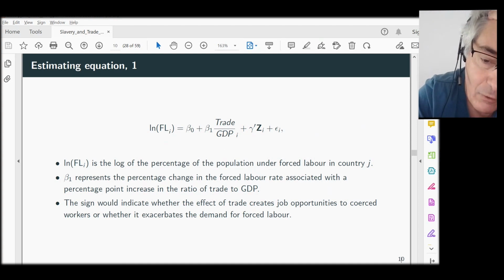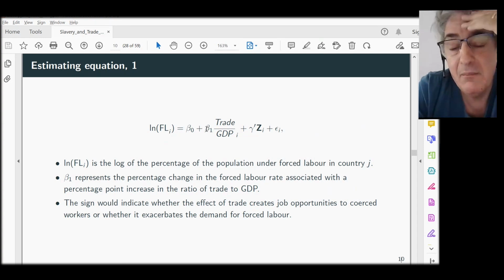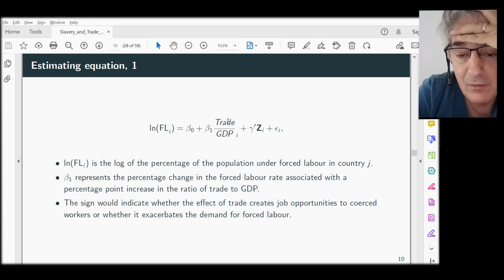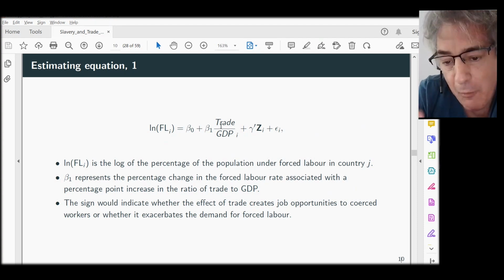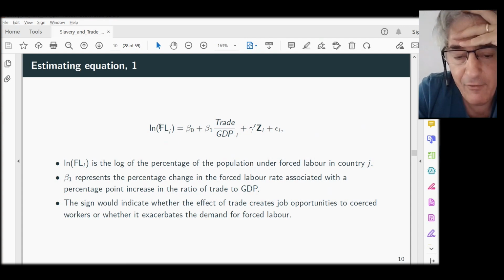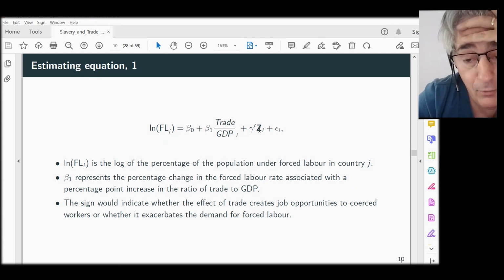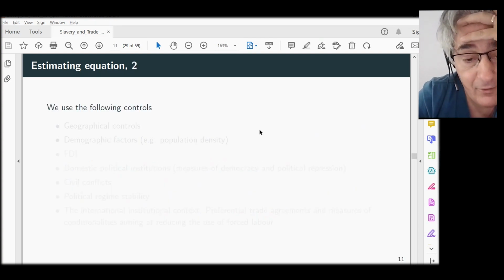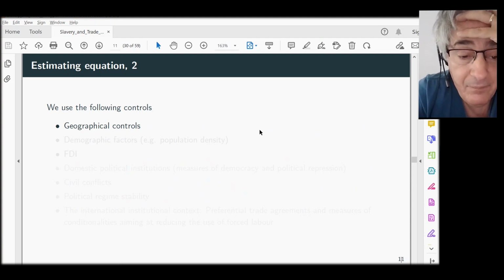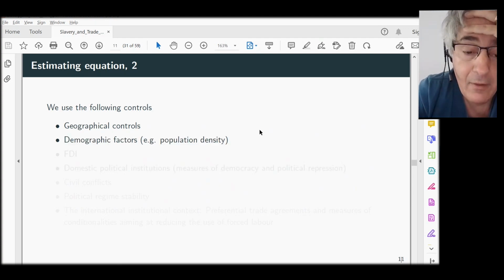In a way, what we want is to know the sign and the value of beta 1. Beta 1 is measuring or estimating how this independent variable, now more independent because it's instrumented, affects the use of forced labor. Obviously, this relationship could be affected and shaped by many other aspects, and this is what we call controls. So in the work, we use a variety of controls, measuring the effect of geography and demographic